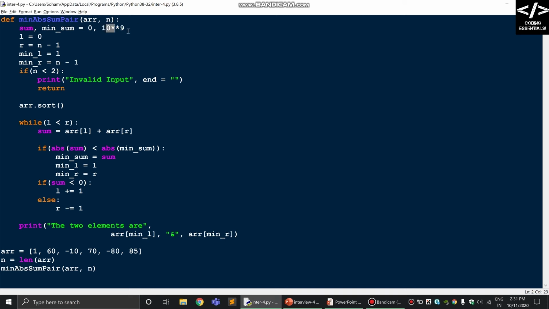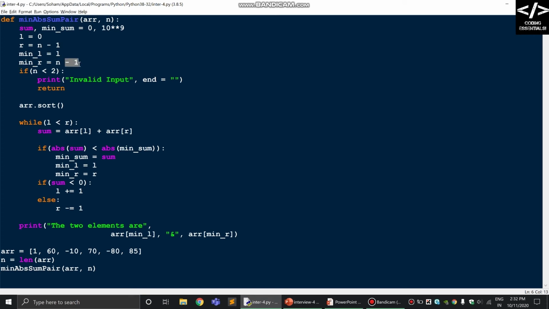That is a pretty huge value. If your array has values larger than this, then you need to increase the limit, like 10 raised to 90 or something. So that is the reason why we are initializing it with 10 raised to 9. Now initialize L equals 0, R equals n-1, and the minimum left index is L and the minimum right index is n-1.